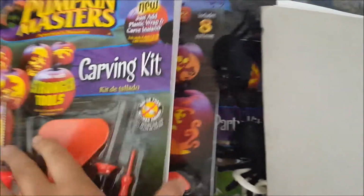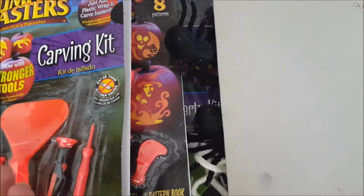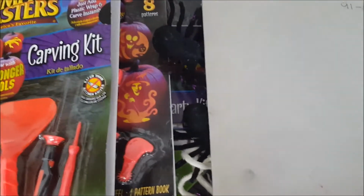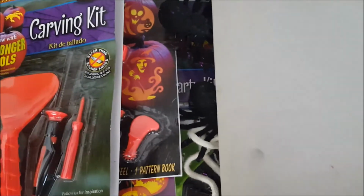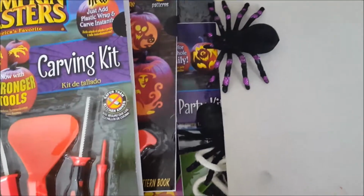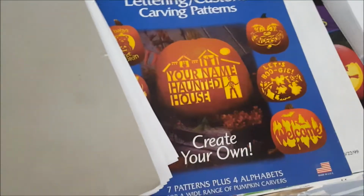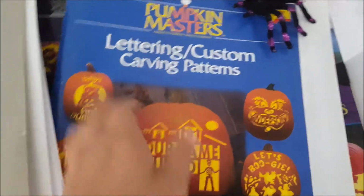And I'll just start going through all of these patterns, deciding what I want to do. And it takes almost to the day before. Like, I'll be hollowing out the pumpkins and getting them ready to carve. And then I'll match the pumpkins to a design sometimes if I haven't pre-chosen all the designs beforehand. And this is the hardest part of the entire carving experience, in my opinion, because I like so many of